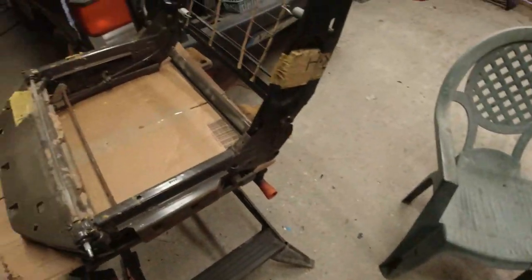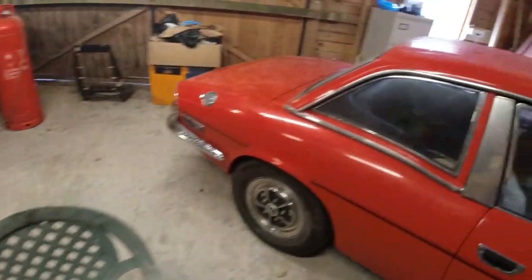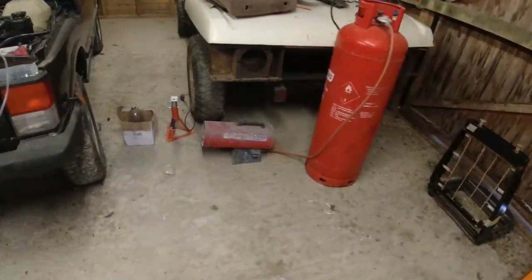Now, do I weld today? Can I be asked to weld today? What's the weather doing? Here I've got the little blower on because I was, what are you talking about, Richard? Big blower on because